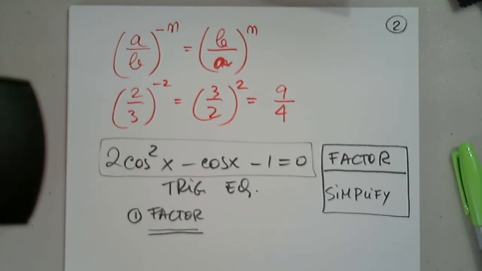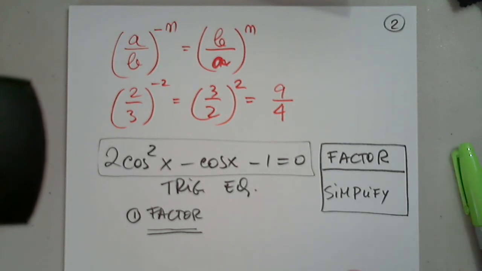Could you subtract the 1 to the other side and then factor out the cosine x? Okay, so it's extremely important. Let me change my camera for a second. It's extremely important to me to hear your thoughts, because only when I hear your thoughts, good or on the right track or not,